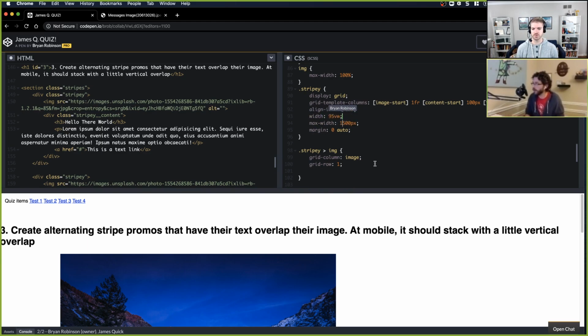And people who are watching may not be familiar: vw is view width. So basically, this is a percentage, right? 100vw is the entire width of the screen itself. 95 is 95% of the screen. So if you then center your content, you've got 2.5% divided by 2 on either side. That just takes care of your padding. Same general idea, just using vw.